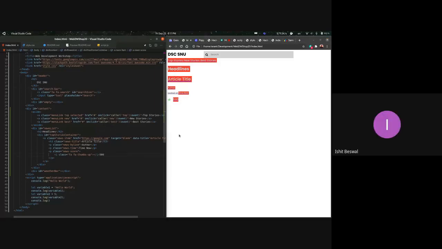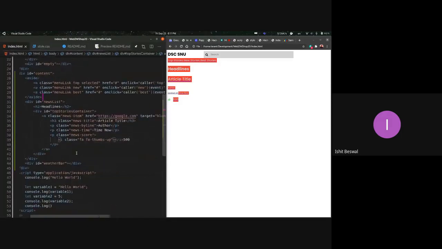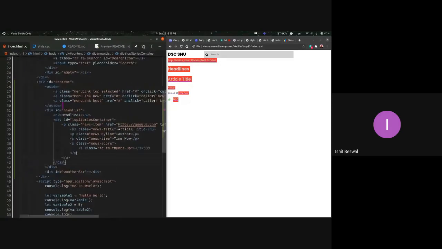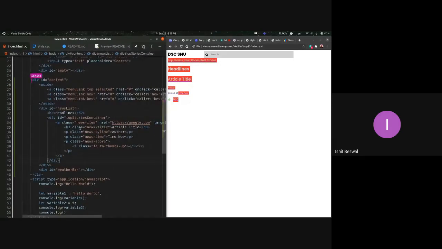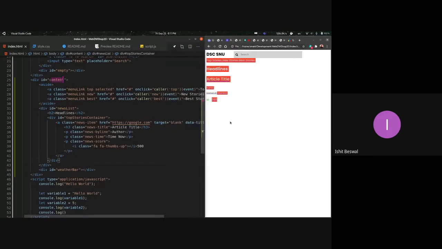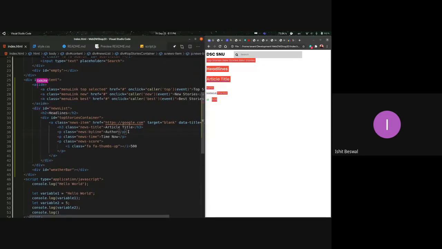Yeah, sure. So we started from line 25. Just by looking at it, you'll recognize most of the things. We added a div with the ID content to it. There are two tags inside of it. One is called aside and one is another div tag. Now aside is nothing different than a div.